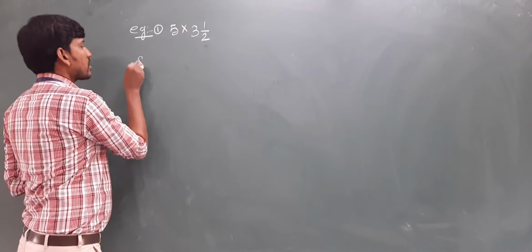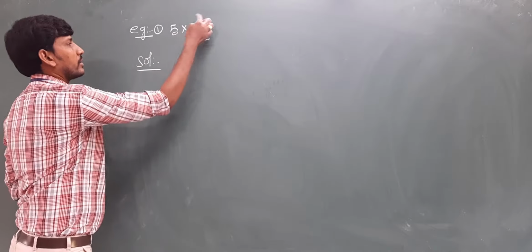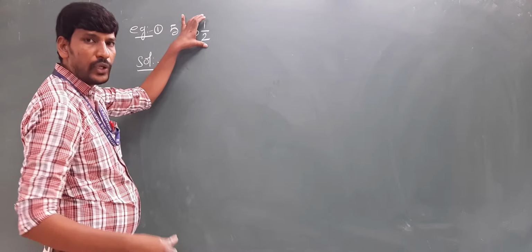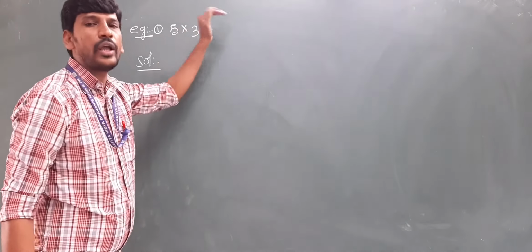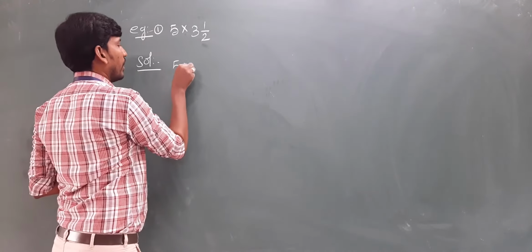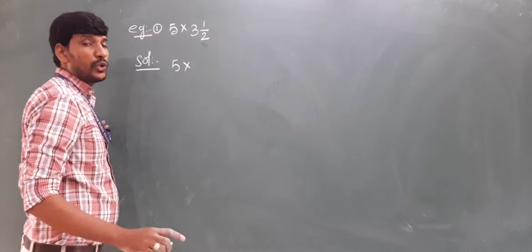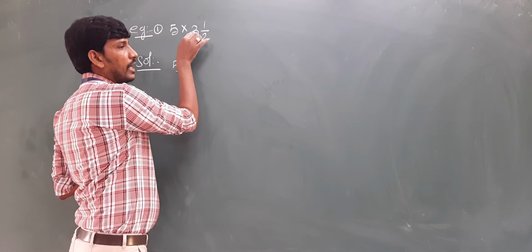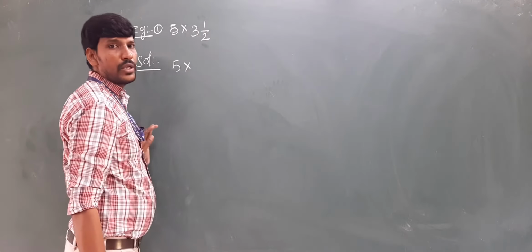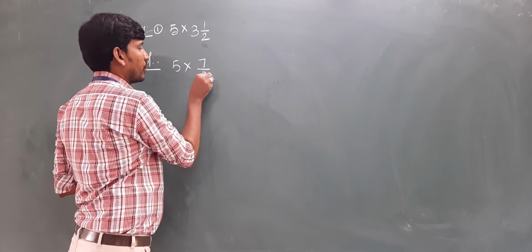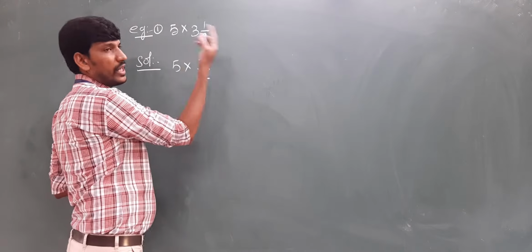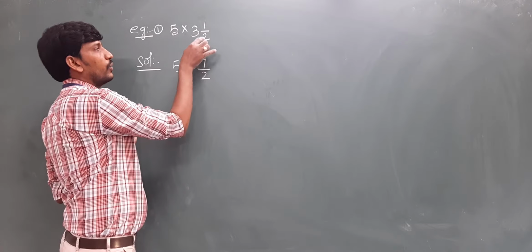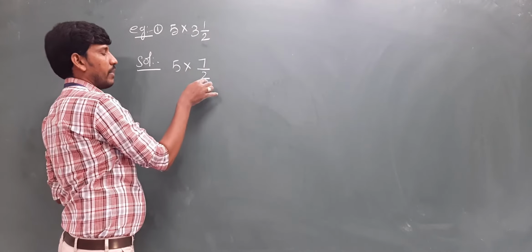So here we just multiply 5 into this total mixed fraction. So we have to convert this mixed fraction into an improper fraction. So 5 into, how to convert a mixed fraction into an improper fraction? We should multiply 2 into 3. 2 threes are 6. 6 plus 1 is equal to 7. That is 7 by 2. Okay. Understood everyone? Already we did all this in the previous classes. Conversion of mixed to improper. 2 threes are 6. 6 plus 1 is 7. 7 by 2.